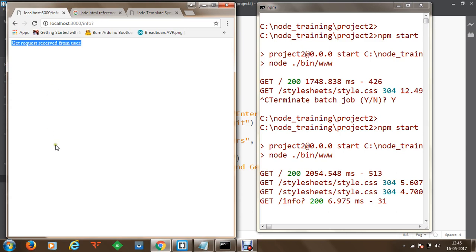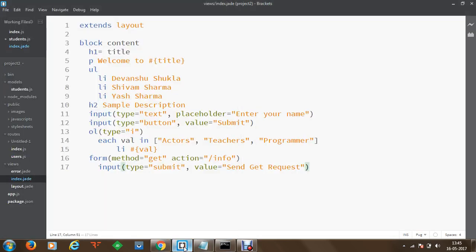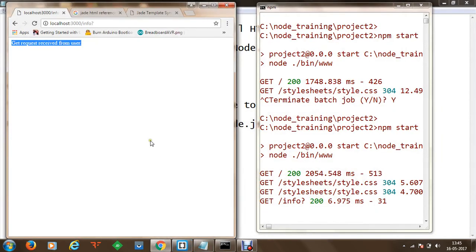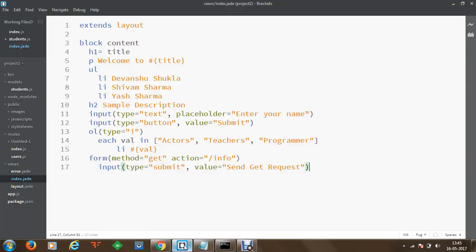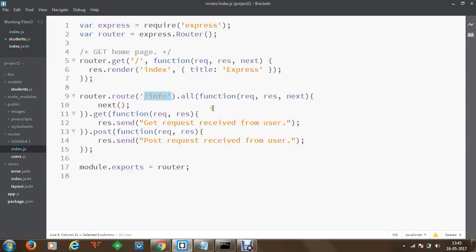Now what next we can do is modify the code a little bit. I'm going to modify the code for the info, and what I want to do is, whatever type of request has been received and whatever parameters have been received, we can simply get those parameters. To do that we'll go to our index.js file, and within this index.js, as soon as we receive